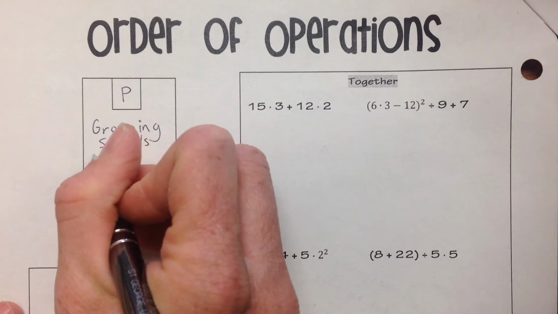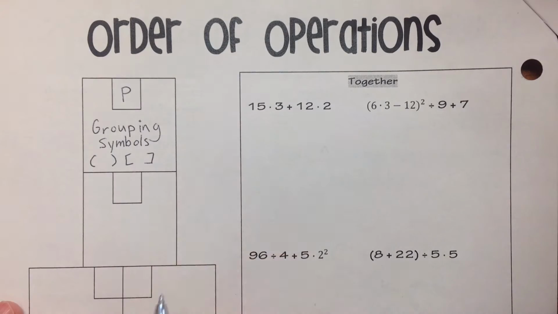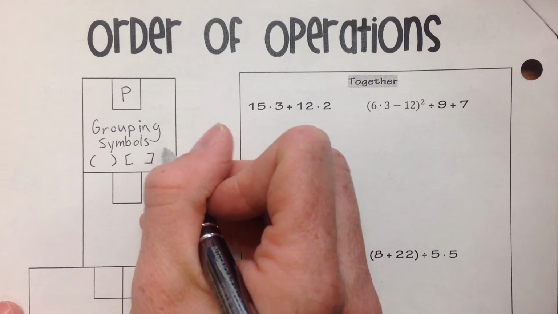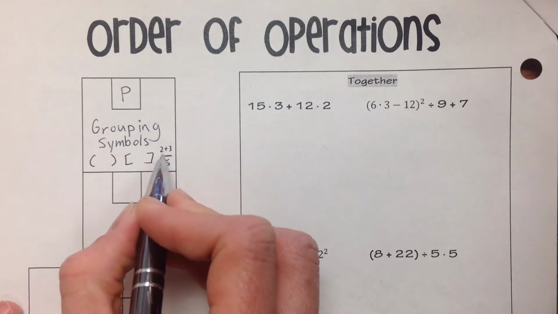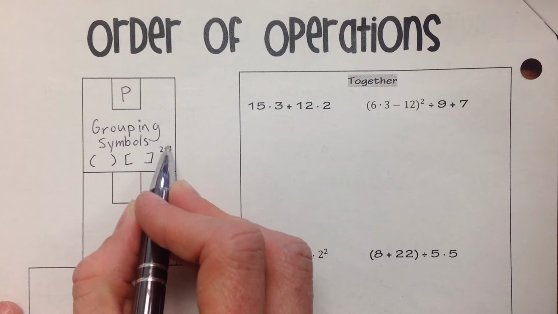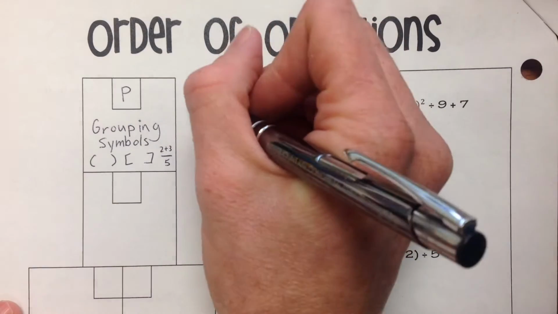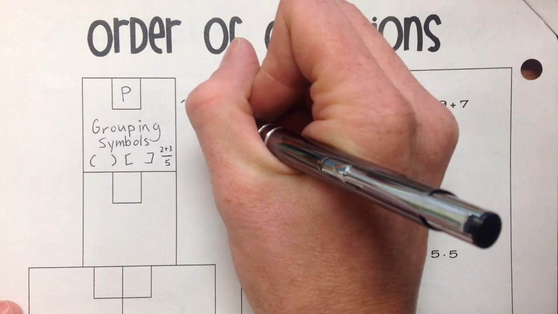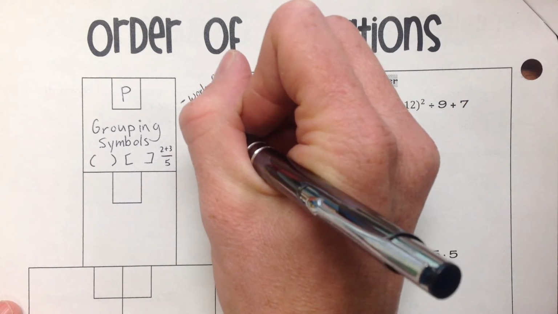So things like these, parentheses, or they could look like this. Now, you could even have something where we look at a fraction, because if there's something on top of the fraction, like 2 plus 3 over 5, you have to do this 2 plus 3 first, even though you see that it's not in parentheses, but this fraction tells us to do this first. Okay, basically here we work from the inside